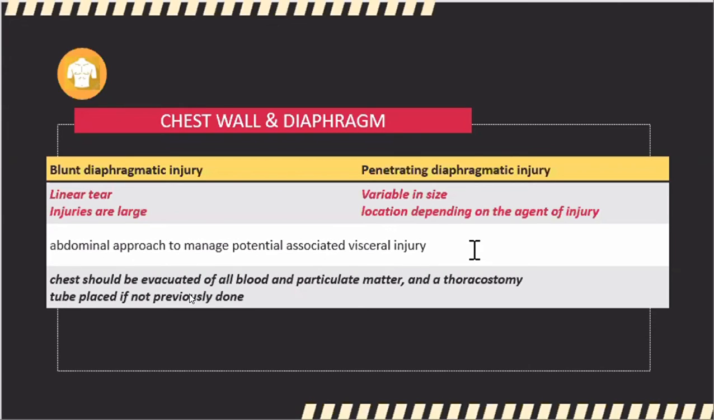Yung ginagawa pag may blunt abdominal injury and you're considering a possible diaphragmatic injury, you must do first an abdominal approach to check for any visceral injury. So yung most common injured areas doon, yung malapit sa diaphragm: your liver, spleen, your stomach, pwede din sa retroperitoneum, your pancreas, your duodenum, your small bowel, pwede mag-herniate through sa diaphragmatic defect. So, intra-abdominally,